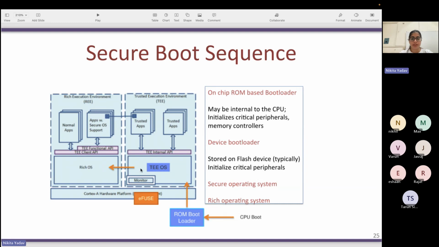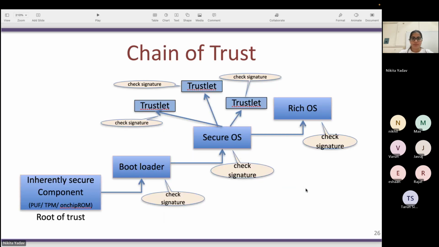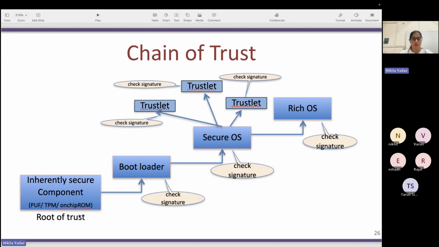Your root of trust here is the ARM TrustZone, because your attestation will be starting from the ARM TrustZone. And this is the chain of trust. You trust some hardware, in this case the ARM TrustZone, and earlier we saw the TPM. You inherently trust some component, and that is the root of trust, such as a TPM or TrustZone or on-chip ROM, etc. And then that component is then going to